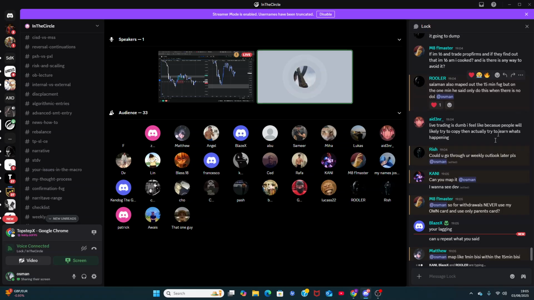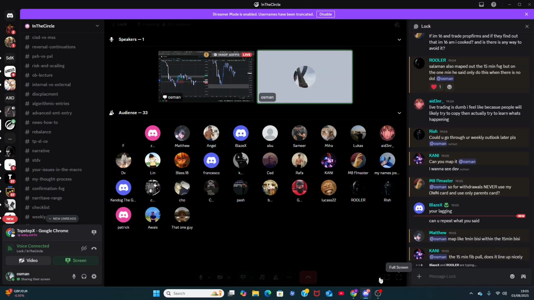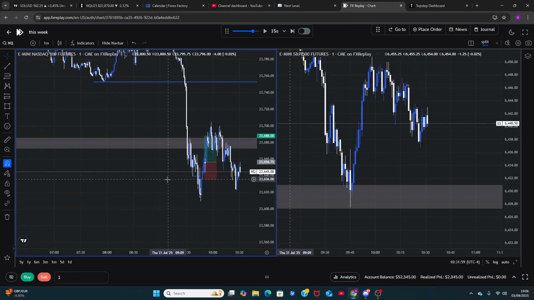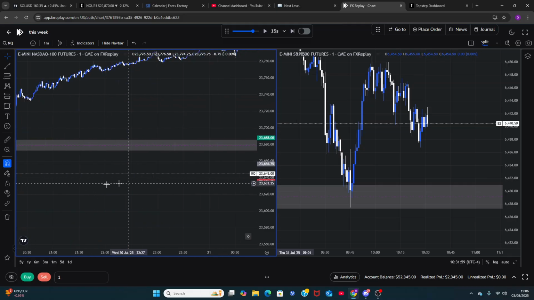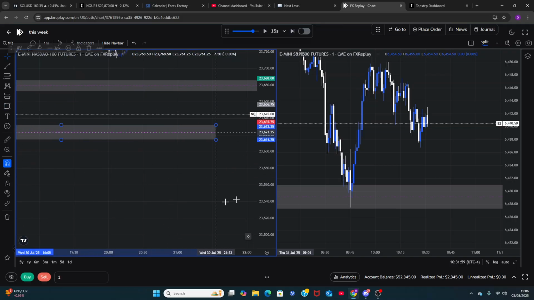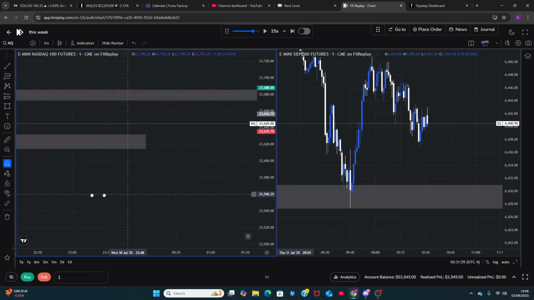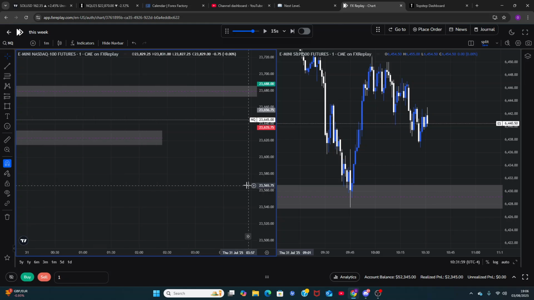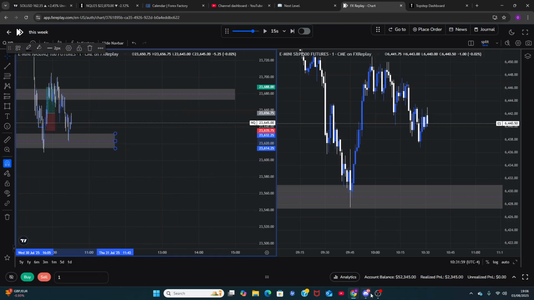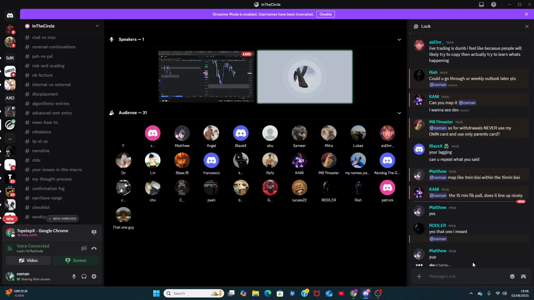But if you're talking about weekly outlook, I did it in the beginning. Map like the 1 minute busy within the 15-minute busy. Okay. So 15-minute busy is there. 1 minute busy. What, this one? Are you guys talking about this one? It's already filled a little bit though. Bruh, well, how long is this? You guys talking about this one? Yeah, oh, say no more.